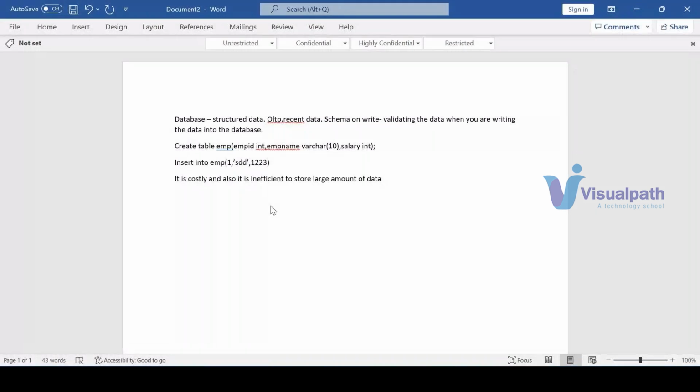If you store a lot of data in the database, then you need to pay a large amount of money. And one more thing: if you run a query, it will take a lot of time and it hits the performance of your database. So now you can get the doubt: